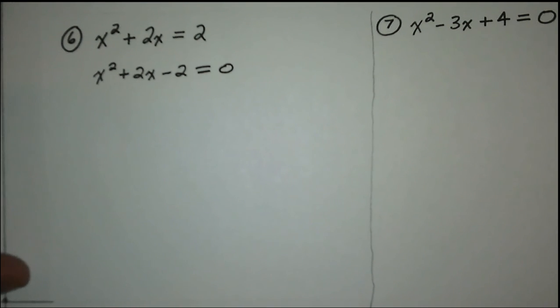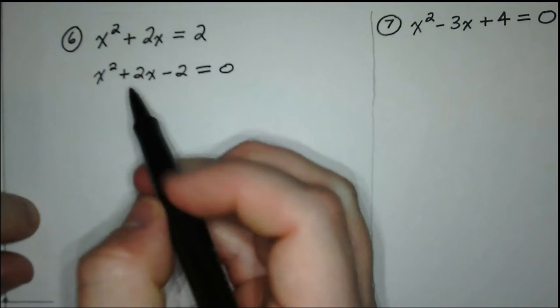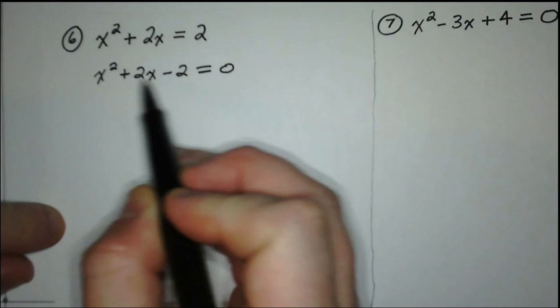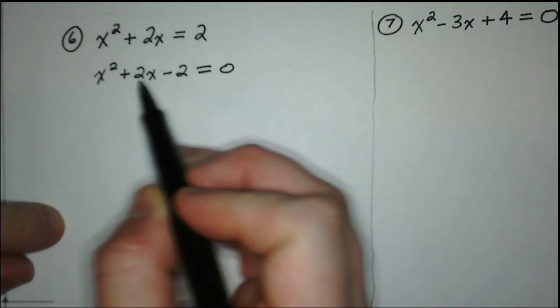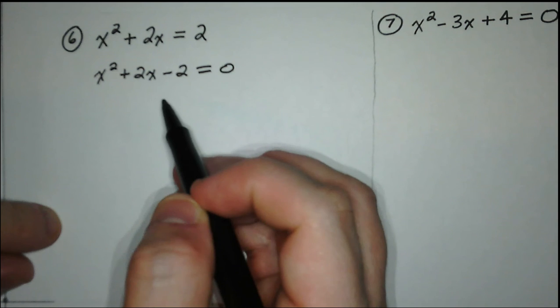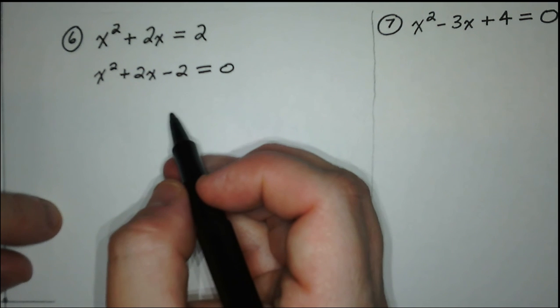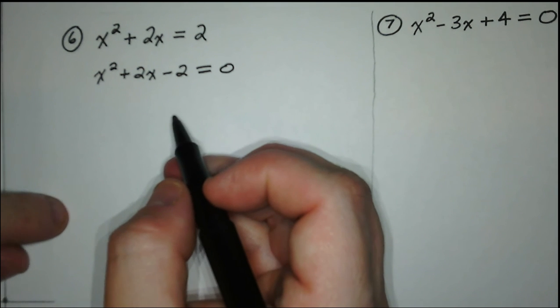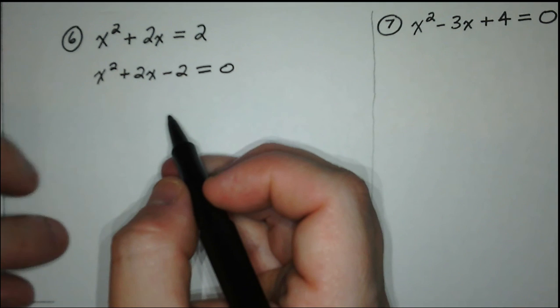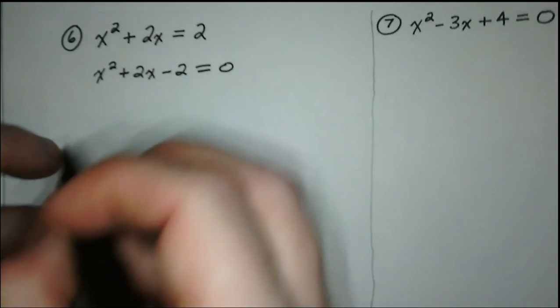Next, we try to factor. And spoiler alert, there's no GCF that's going to work, and you would not be able to unfoil. So guess what we have to do? We literally have no other choice than the